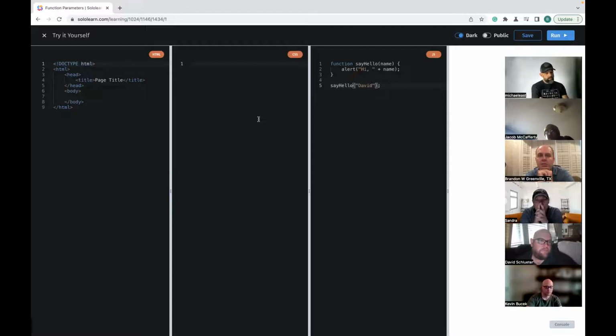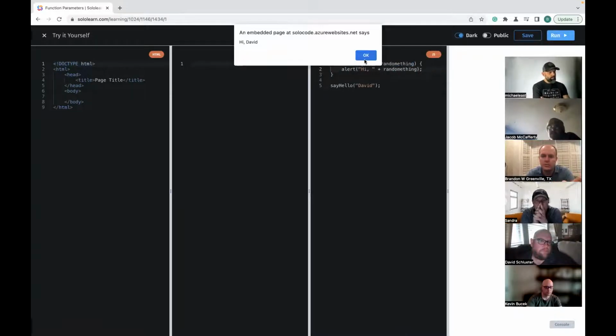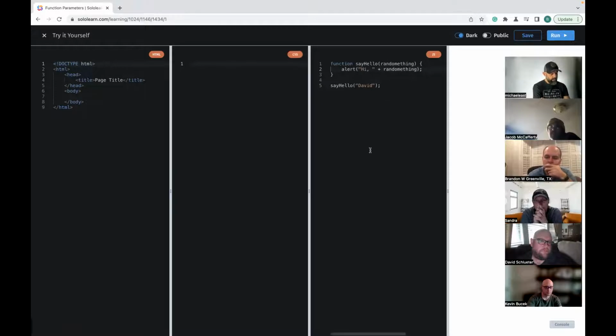Like, if you're asking if that's specifically what you need to do, no, you could make this a random thing, right? Doesn't matter. You're naming the variable and it still runs the same. And so in the alert, I'm assigning a value of a specific... Oh, alert is a thing though. Well, right, I know alert. Alert is the pop-up box that will show up. But as far as in the parentheses, where are we assigning the value of what the name is? I see where it says sayHello in parentheses David. The value is